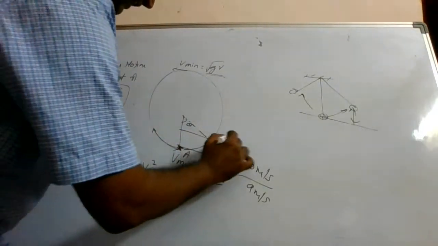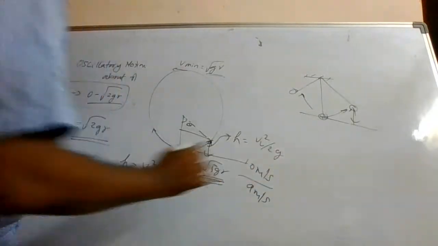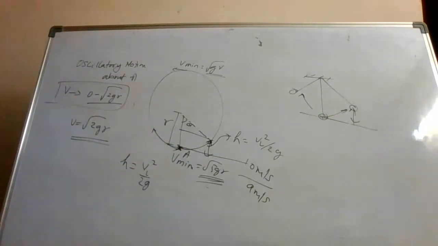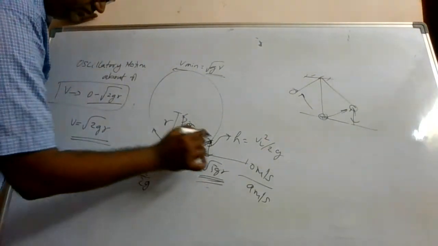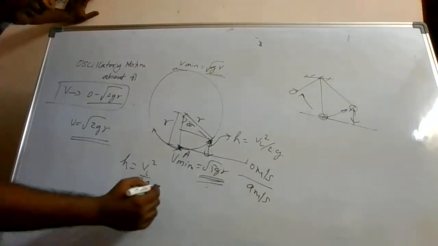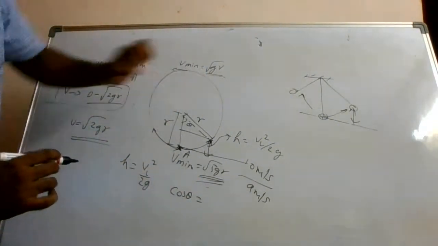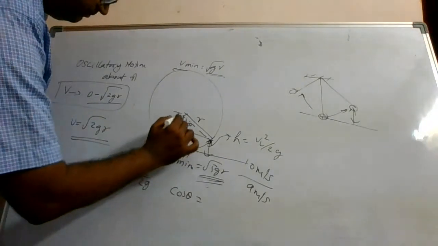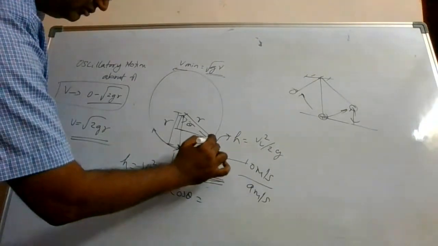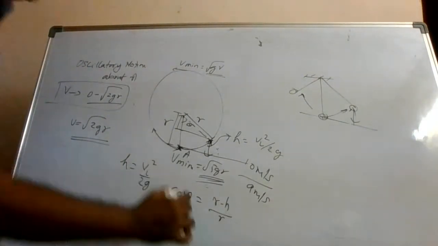Now you have calculated this h value. In the case of oscillatory motion, it is VL square by 2g. Right. So you have to find this theta. What is this? This is r. Isn't it? This value is r. What is this? This is also r only because the length of the string is not changing. So we have to find this theta. So how to find this theta? Cos theta is equal to adjacent divided by hypotenuse. What is adjacent? This value. So this is r minus h. This is your h, no? This value is your h. R minus h. So it is r minus h by r. So just put the value here.